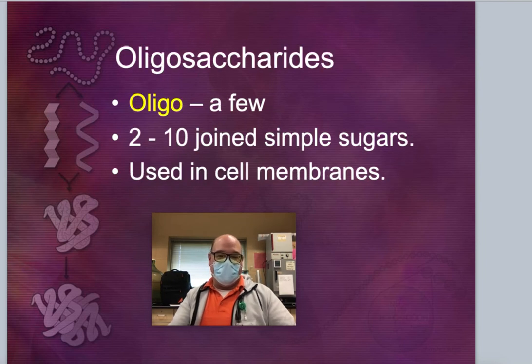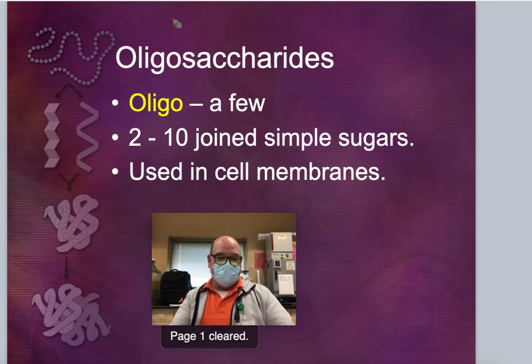Next you have oligosaccharides. Oligo means a few. This is a level 3 word. You don't see this oligosaccharide very much. After you get bigger than 10, you're going to call it a polysaccharide. If you remember from maybe social studies, an oligarchy is ruled by the few. So we have a few sugars. All right. Let's go on to